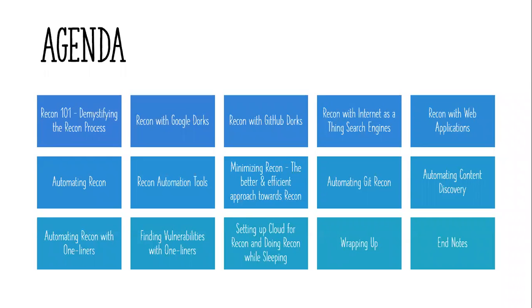Then we will see how we can automate most of our recon with tools, and then we will automate Git recon and content discovery. Now once we have all the recon things that we really need, like maybe subdomains, maybe the links from the link finder, we will use some bash one-liner scripts on the go to make things more automated and faster. Okay, then I will tell you how you can